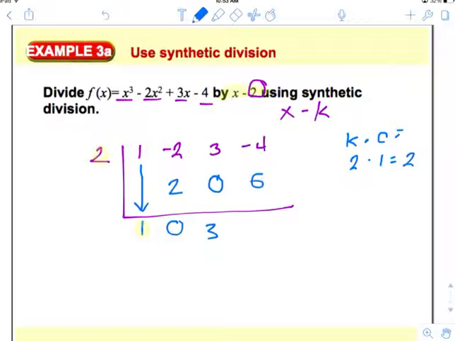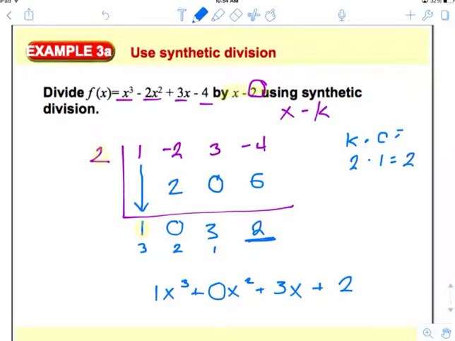Negative 4 plus 6 is 2. And I'm done. So this is how we read our solutions. The last number is your remainder. And then moving forward is going to be your solution. So this is going to have an exponent of 1, an exponent of 2, and an exponent of 3. So when I write that out, that's 1 x to the third plus 0 x squared plus 3 x plus